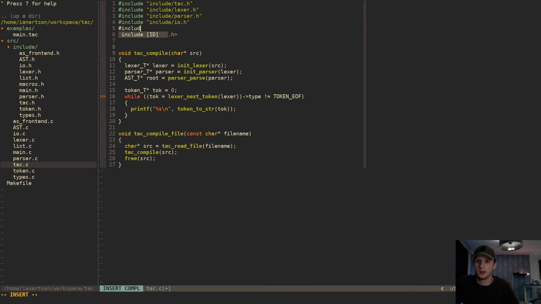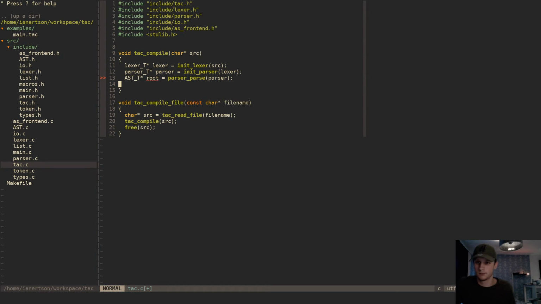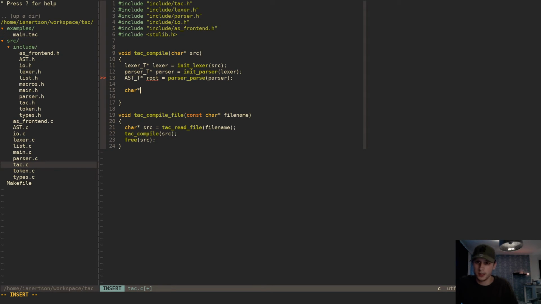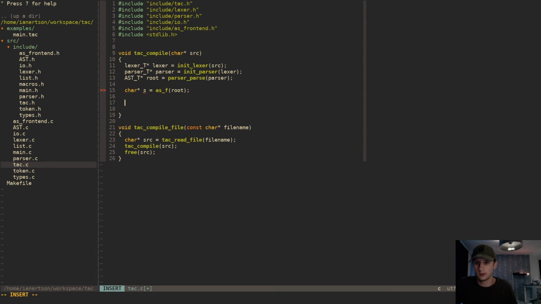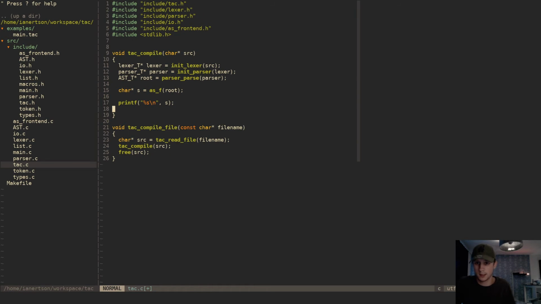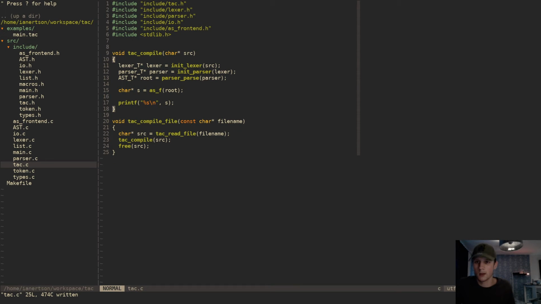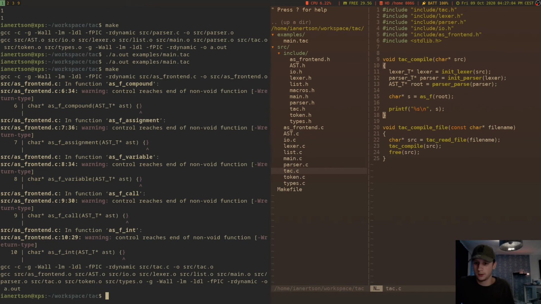So we would do include slash front end.h, and we would do, instead of this thing, char s is equal to ASF root, and then we could do printf s. So this will not do anything right now,